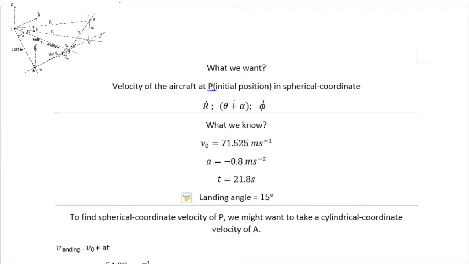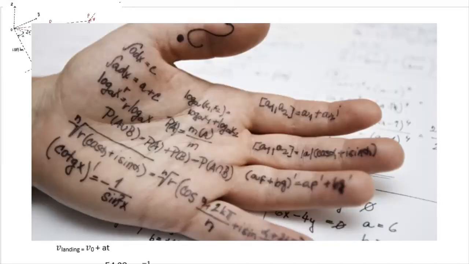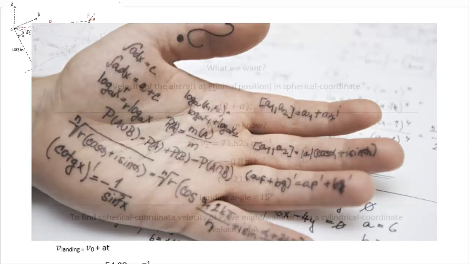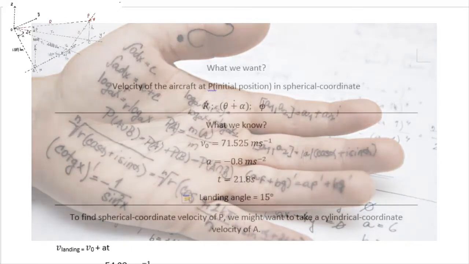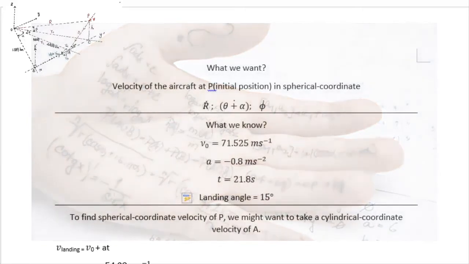From the internet, we know the average landing velocity for a Boeing 747, landing angle and average acceleration. As I am a computer, I already predicted how long it will take to land in this video. We also measure distances from GPS.